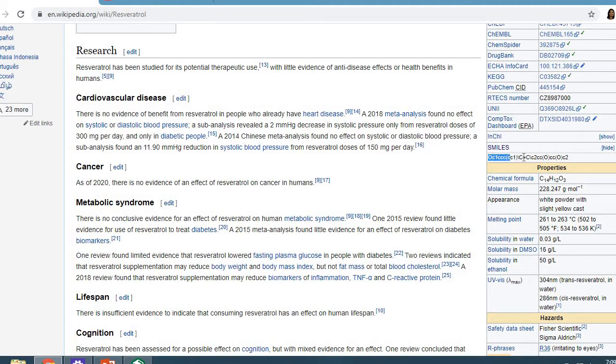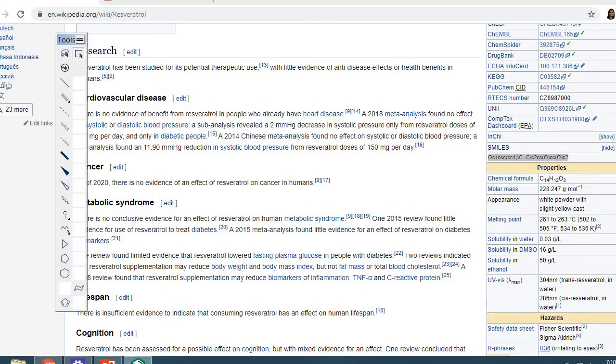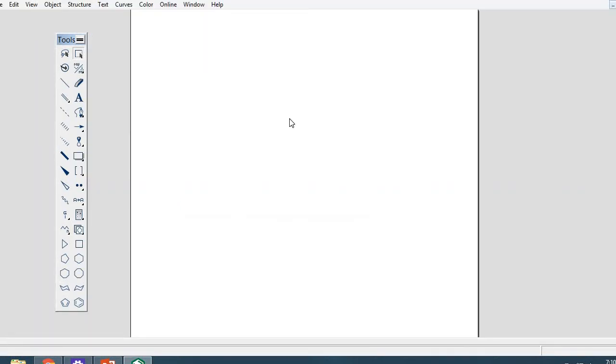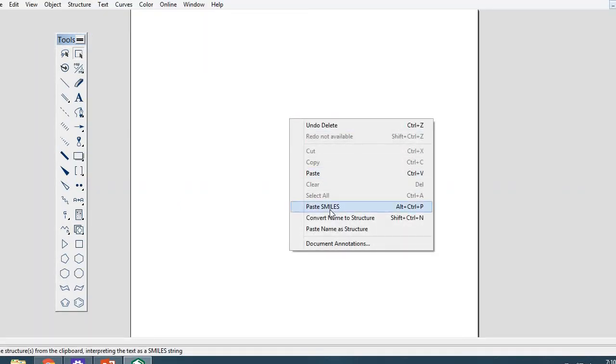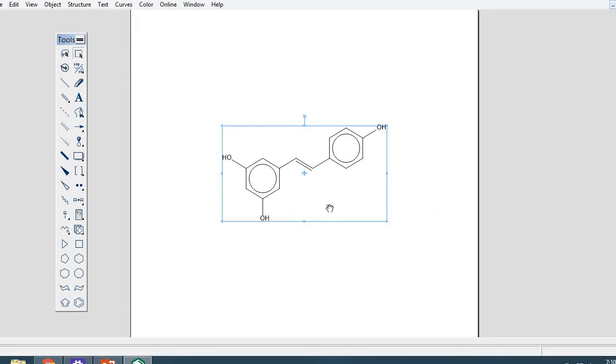We can copy it from here and paste in ChemDraw by using Paste SMILES. So it can automatically draw the structure of resveratrol. So this is the beauty of SMILES.